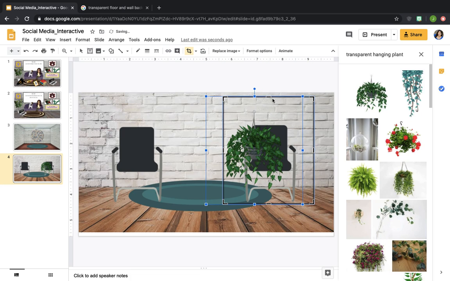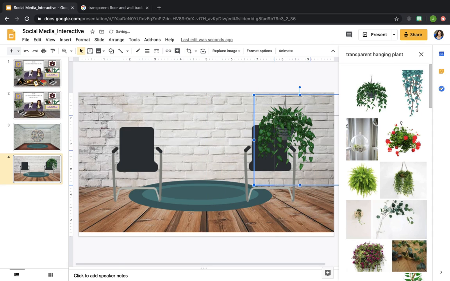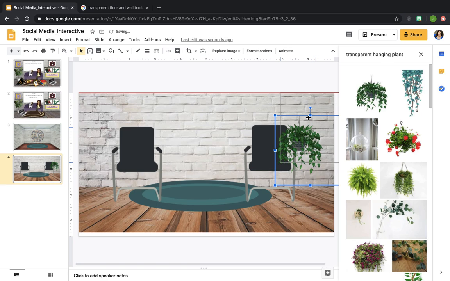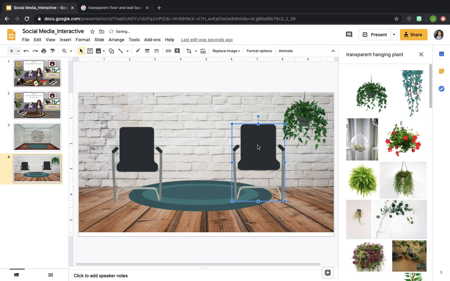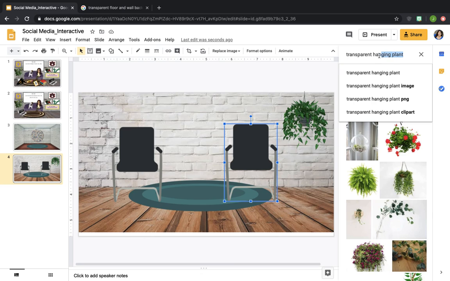And your Bitmoji, you also will add that. So I'm just going to take some time just to make this a little bit basic, just so you guys can get the hang of it and play around. So I'm going to make this go over here. So now I have a hanging plant. I want to move my chair over a little bit so whoever sits there is not being bombarded by this plant. So I'm also going to put transparent